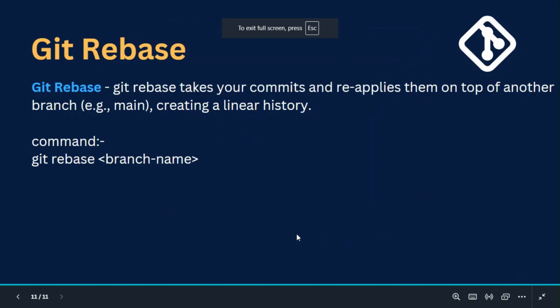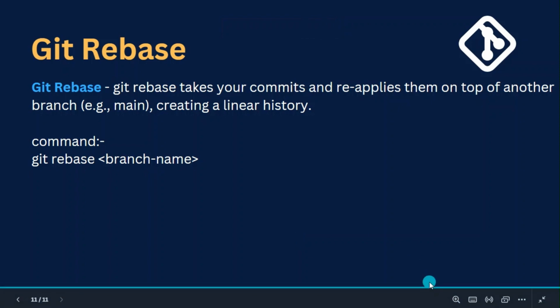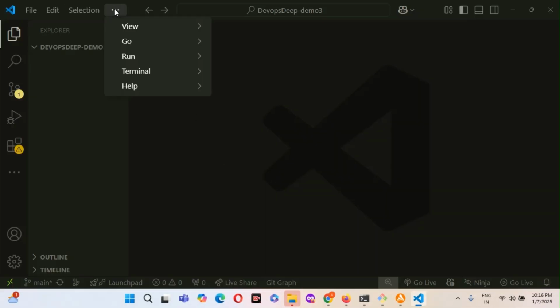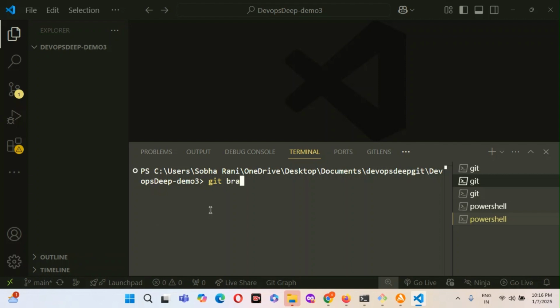Git rebase takes your commits and reapplies the commits from one branch onto another branch. And it gives a linear history. Now we will see the example in git rebase. Okay, go to Visual Studio, open the terminal first. Now I'm creating a branch, git future.